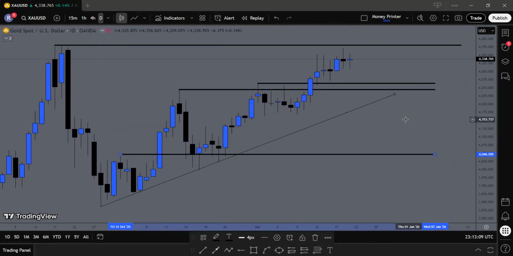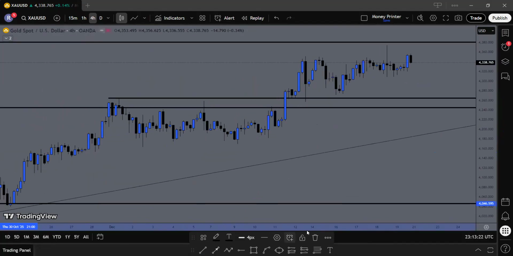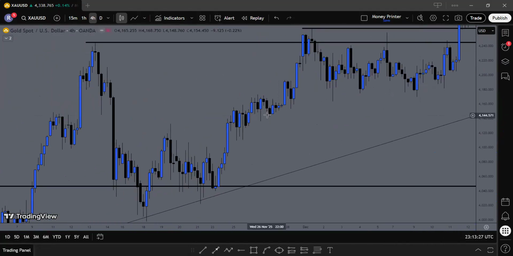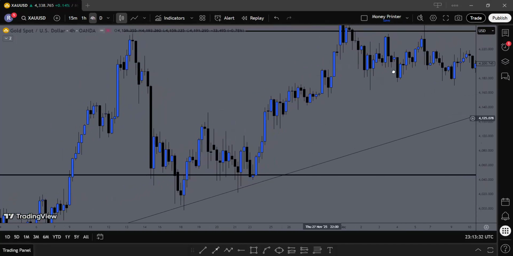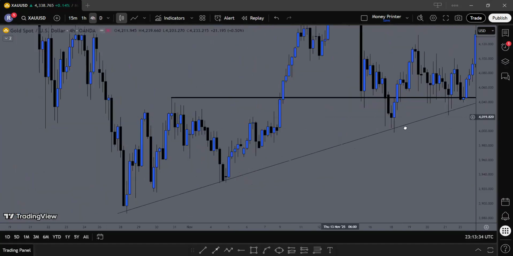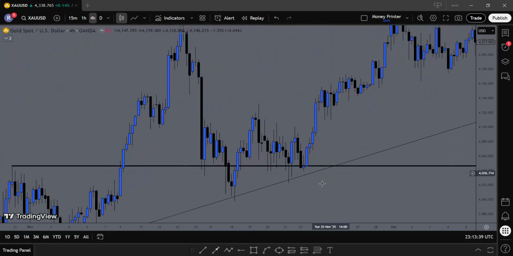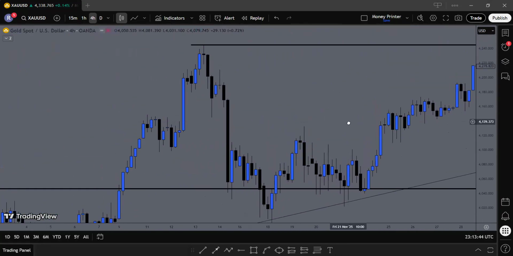All right. Now, what would we be looking for to enter, or where would we be looking to enter? If you go down to the 4-hour time frame on gold, typically you would be looking for entries, let us say here. Let me get to a good price action for you guys. Right here. So on the 4-hour,